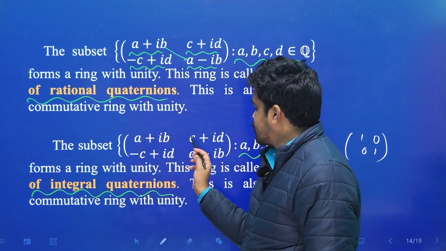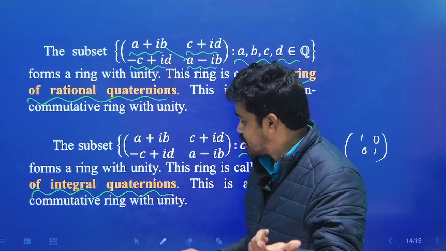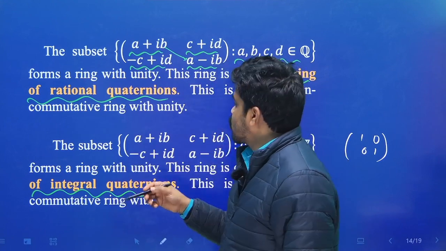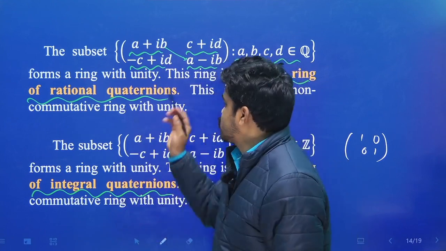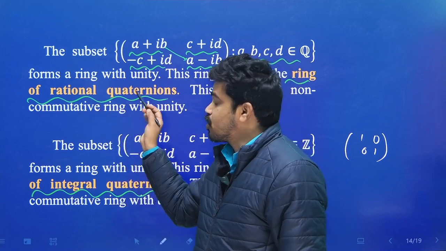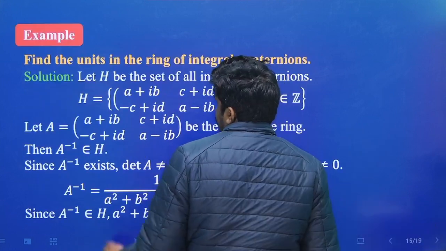করতে হবে, a plus ib, c plus id, minus c plus id, a minus ib. a and b are integers হলে সেটাকে বলি আমরা ইন্টিগ্রাল কোয়ার্টার্নিয়ান্স। যদি a আর b রেশনাল হয় তখন সেটাকে বলি রেশনাল কোয়ার্টার্নিয়ান্স। আর যদি a b c d গুলো রিয়াল হয় তখন সেটাকে বলি আমরা রিয়াল কোয়ার্টার্নিয়ান্স। ঠিক আছে, অলরেডি আমি ডিসকাস করে দিয়েছি।